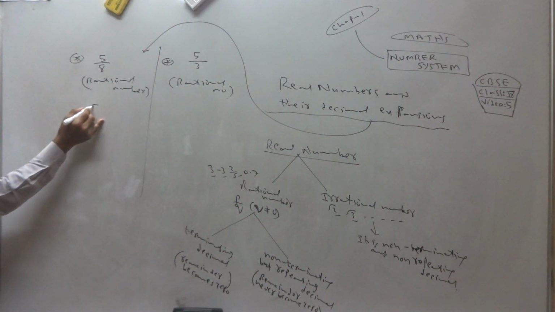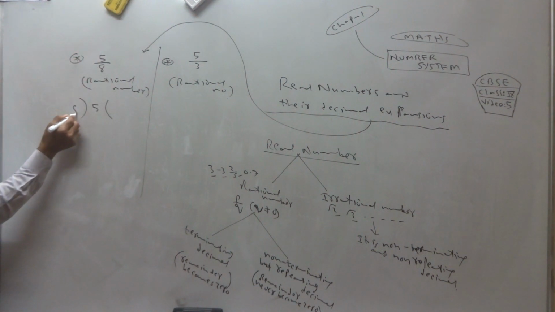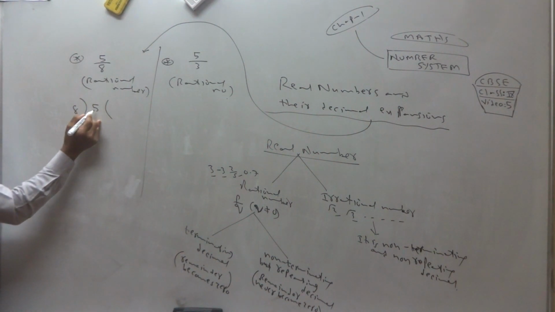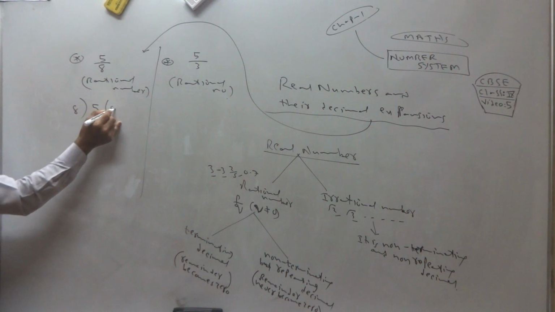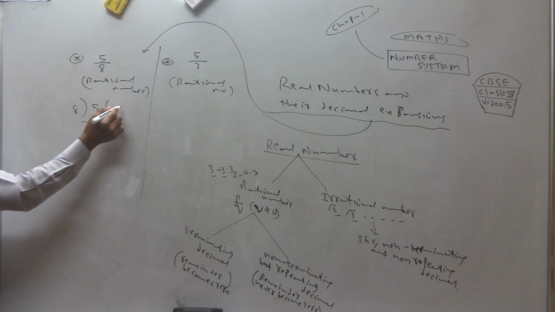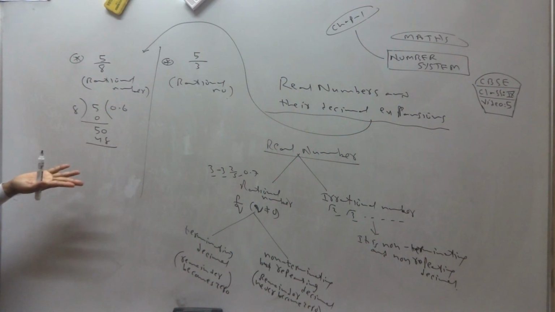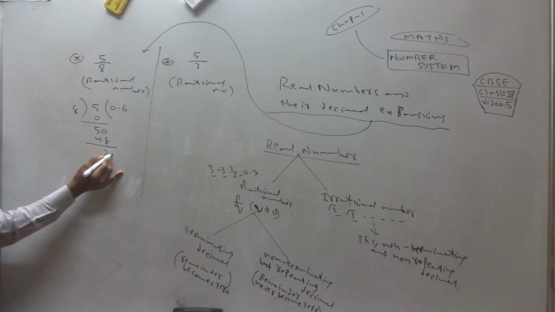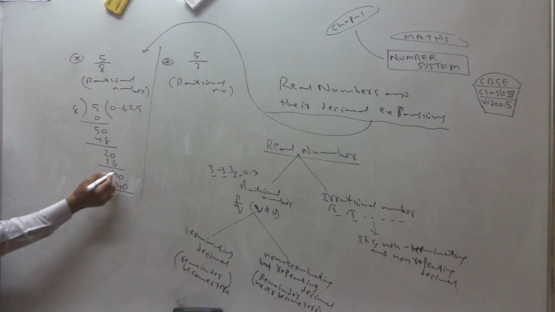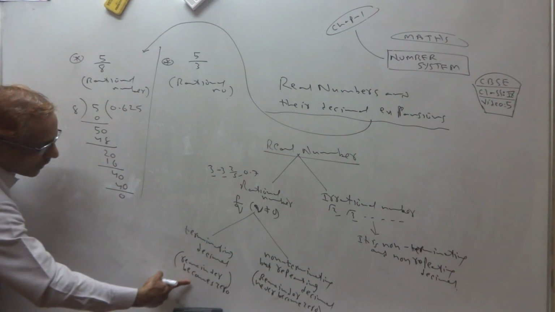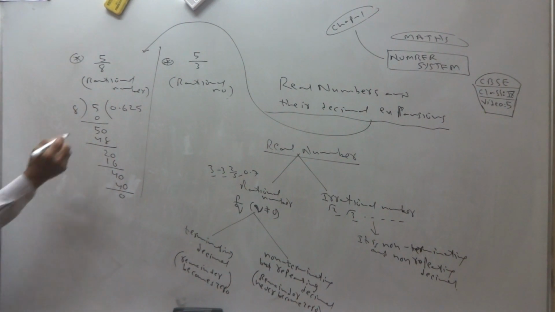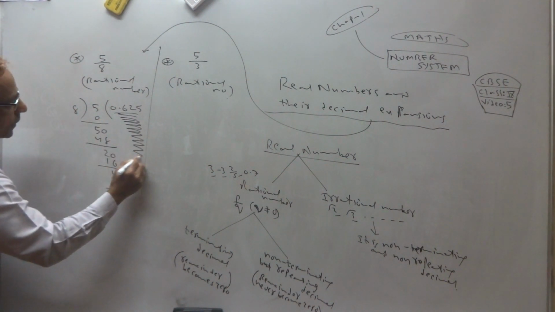When we divide 5 by 8, see what I am getting. 5 divided by 8, 8 zeros are 0, 5 left, then I put decimal and 0 here, 8 6 are 48, I am just doing normal division, 2 left, 0, 8 2 are 16, 4 left, 0, 8 5 are 40, 40 minus 40 you got 0. When the remainder becomes 0, this is called terminating decimal.